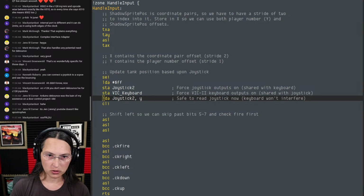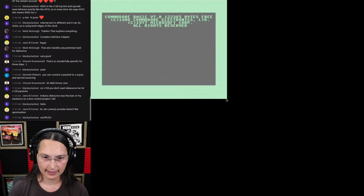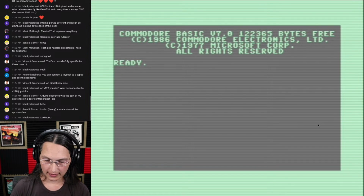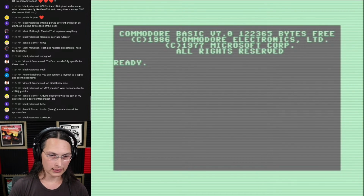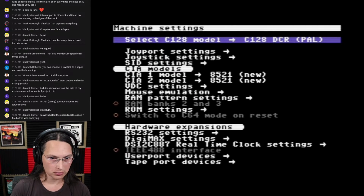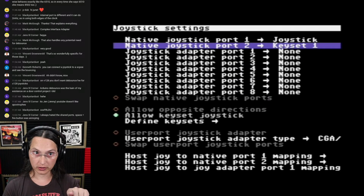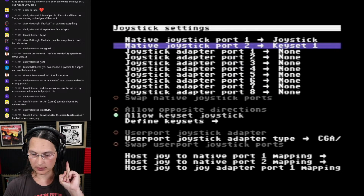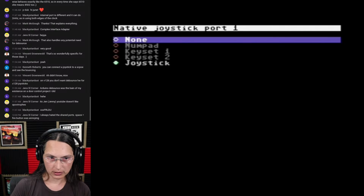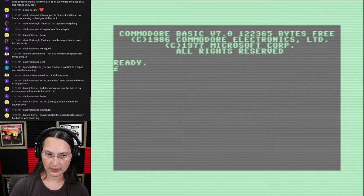Now, if we switch over to Vice... dang it, I didn't save. Okay, I'm not going to go through the rigmarole again. My arrow keys are actually mapped to one of the two joysticks. So if we go to joystick settings, you'll see I've got key set 1 is set to port 2. Port 2 does not have this restriction. However, if I switch this one over to joystick port 1 to key set 1, and then I start moving,